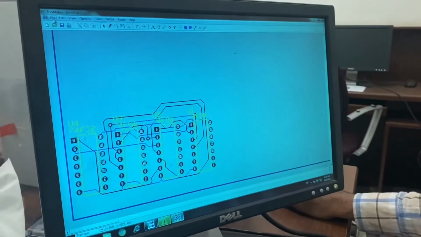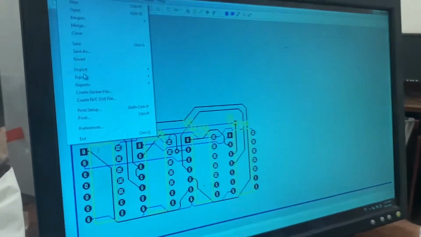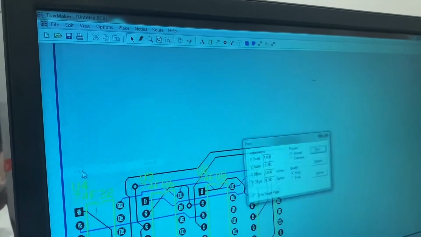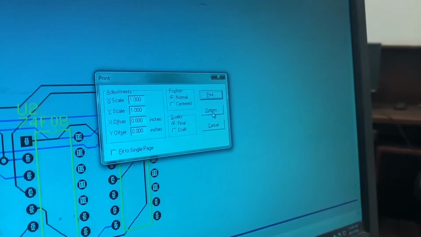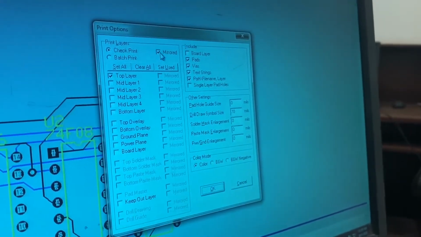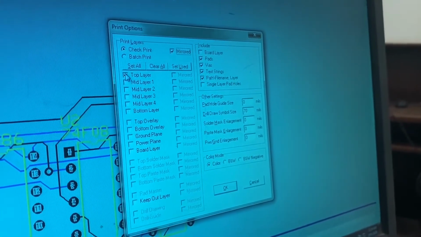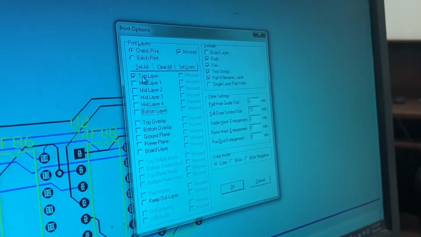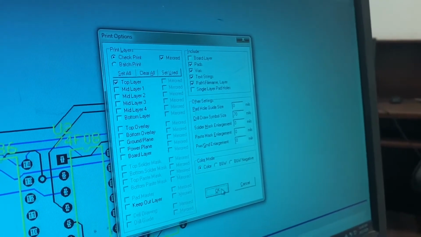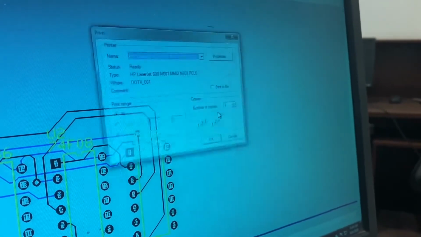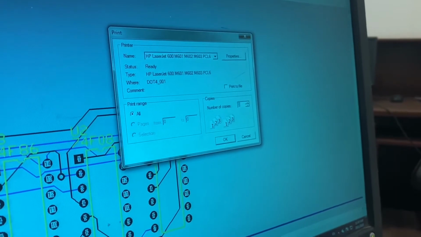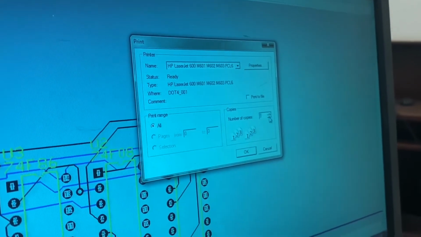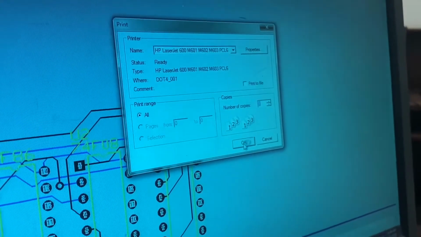After this, from here you have to take file and print. Where is the print? Here in the option, next take option. From option, first you have to take mirror in top layer. If it is like this, you have to remove it. Only take mirror, my top layer. Then click okay. Here print. Now you can take two copies for yours, one for printing and one for the file. I will take only one. So now I will print it.